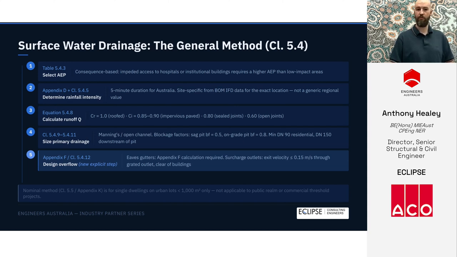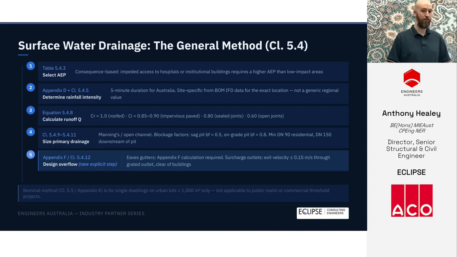Step 2, determine rainfall intensity using Appendix D and clause 5.4.5. Use a 5-minute duration, and the intensity must be site-specific from BOM IFD data. Step 3, calculate runoff using equation 5.4.8. Key runoff coefficients: 1.0 for roofed surfaces, 0.85 to 0.9 for impervious paved surfaces, 0.8 for sealed joints, 0.6 for open joints. Step 4, size the primary drainage using Manning's equation or open channel methods with blockage factors applied, 0.5